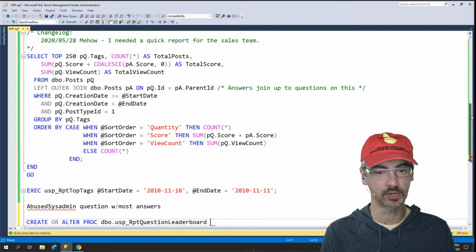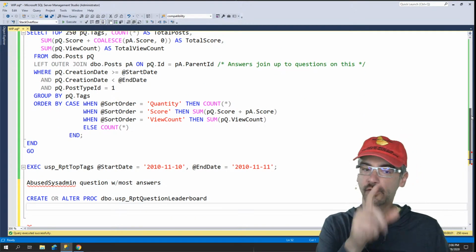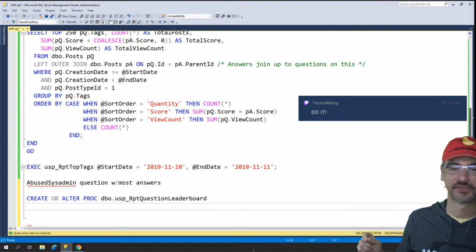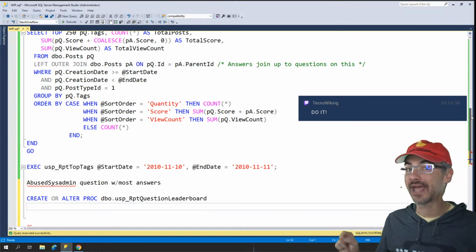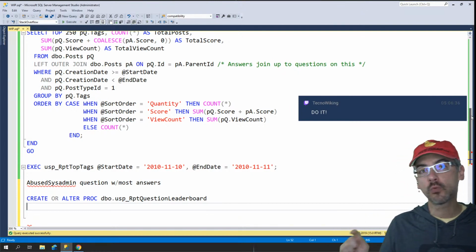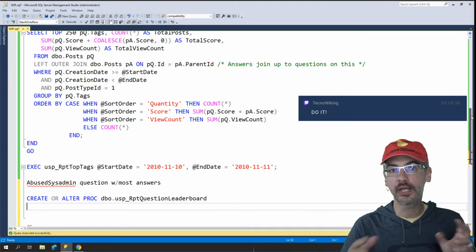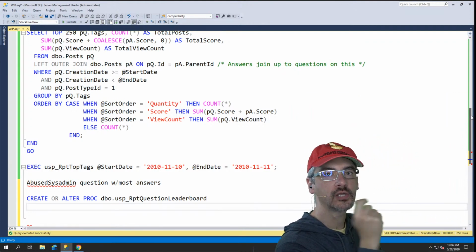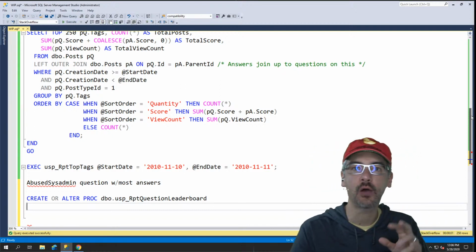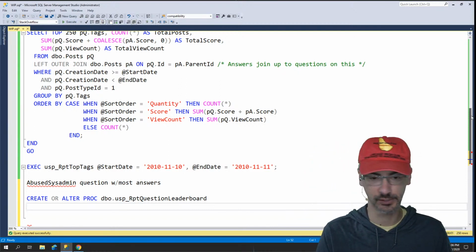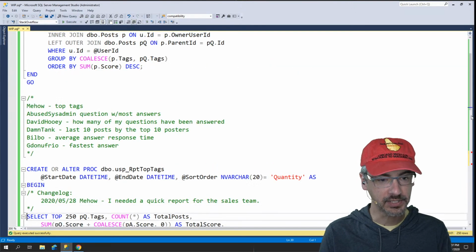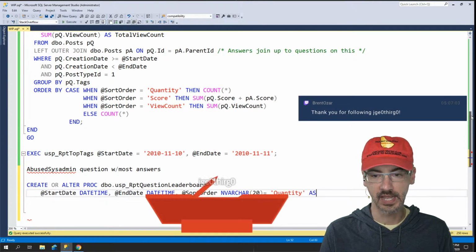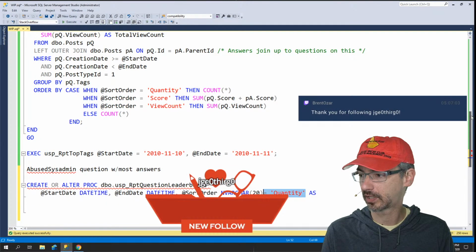So down on the next one, for abuse sysadmin's one, Techno Viking says do it, I could leave it without a date range. But if I'm going to want this to be background type noise, I'm not sure how I want to do that. I think I'm going to want to use a date range on here just to allow it to be background noise type stuff. So let's use the exact same date range that we had before. And then instead of welcome to the club,